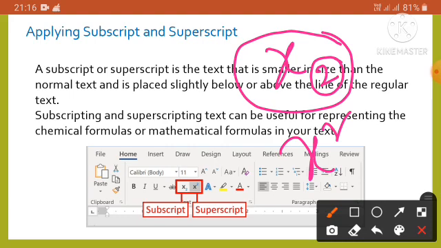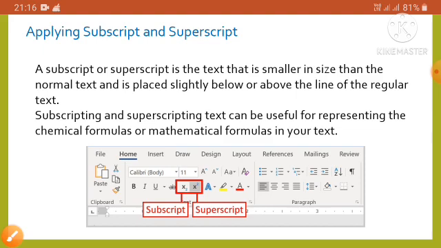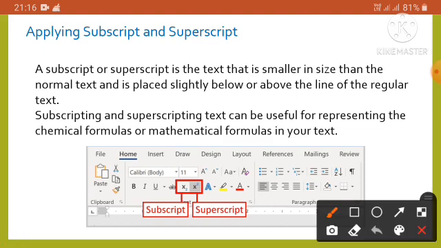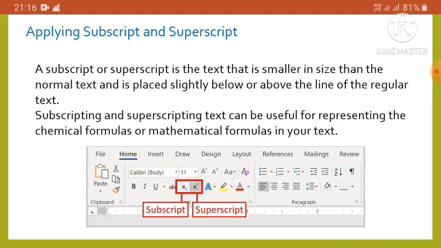We can apply the subscript text by clicking the subscript button under the font group of the home tab. Here it is the subscript and here it is the superscript. We can apply the superscript text by clicking the superscript button under the font group of the home tab.